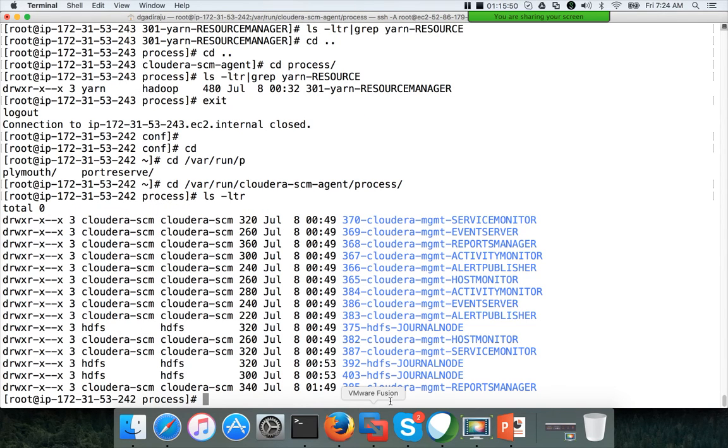ls -ltr. You can see there is nothing here. There is no directory which will show you the parameters here. These are all Cloudera management services, so you will not get the original parameters from here. And the parameters under etc Hadoop conf on the gateway node are computed from the other parameter files from other nodes. So this is the way Cloudera actually manages the parameter files.